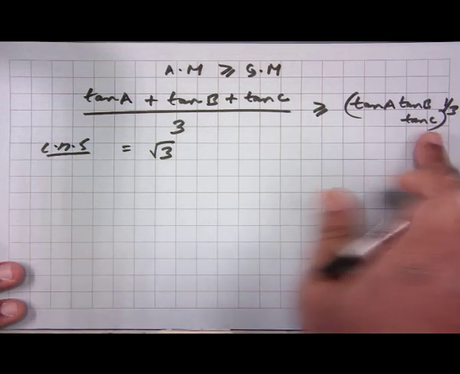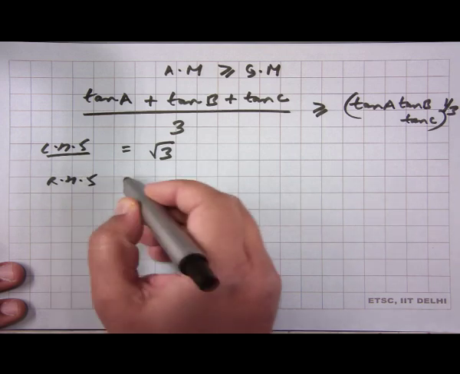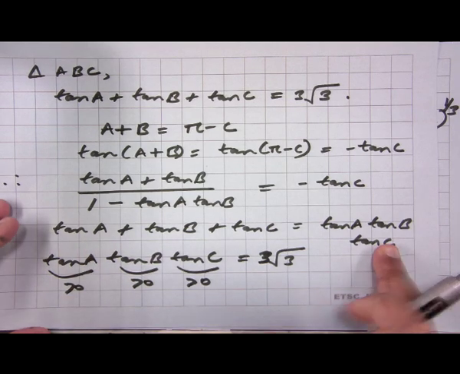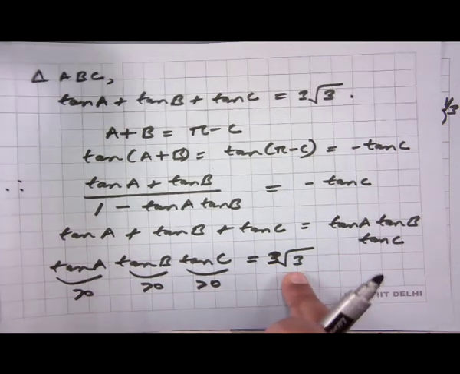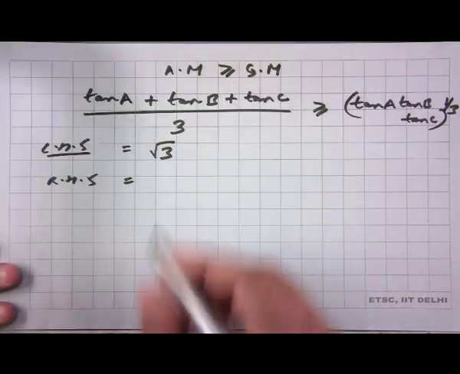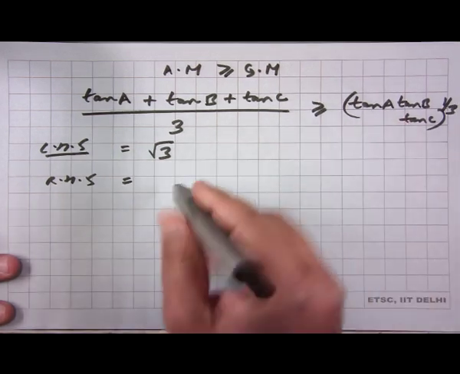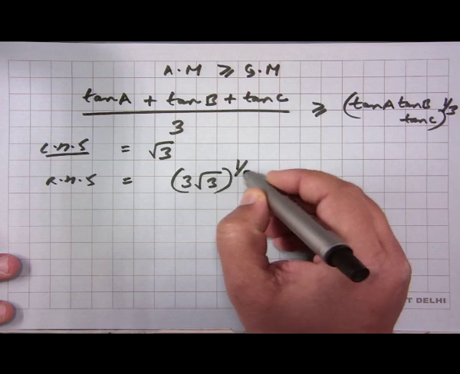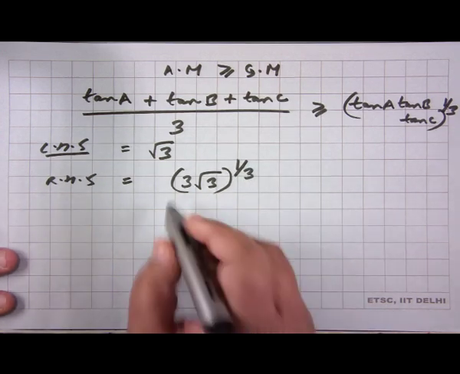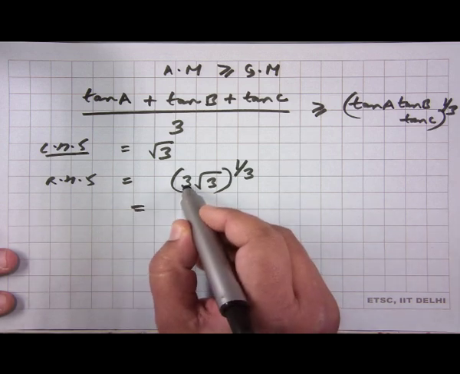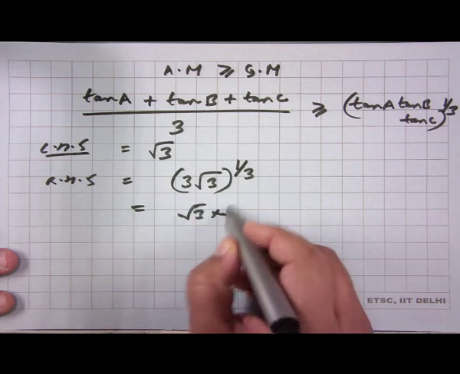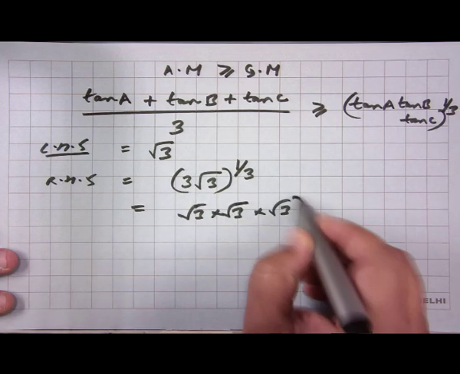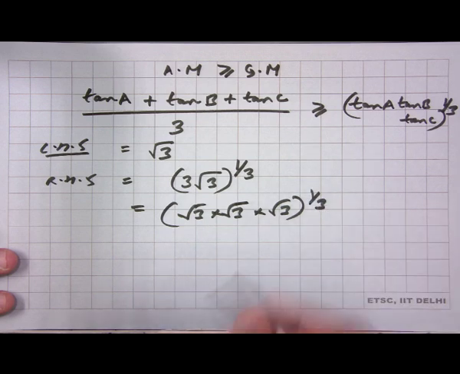The right hand side, since in any triangle we have already shown this equality, the product of the tans is 3 root 3 for this particular problem, and therefore, the right hand side will be the cube root of 3 root 3. We can write this 3 as root 3 multiplied by root 3, so that is root 3 to the power 3, whole to the power 1 by 3, which of course is equal to